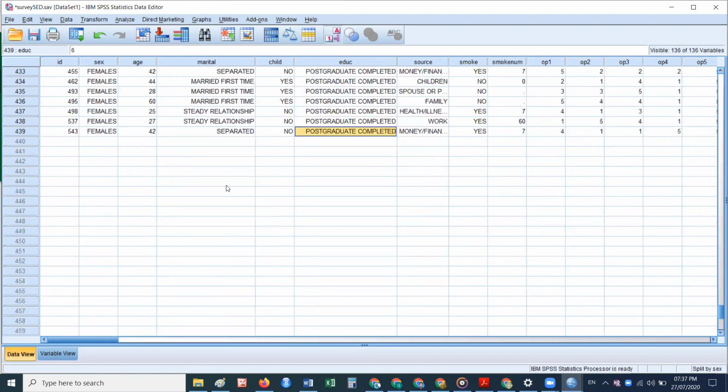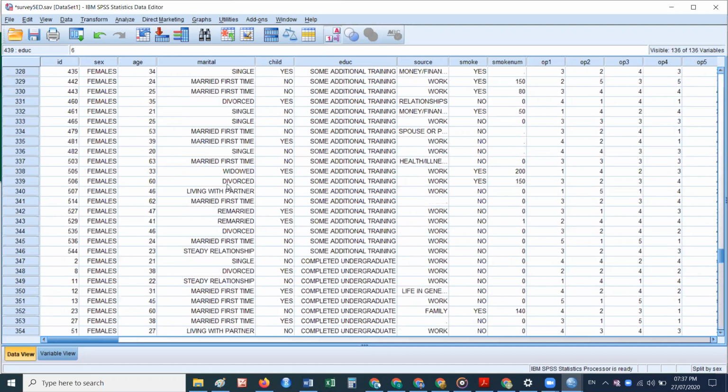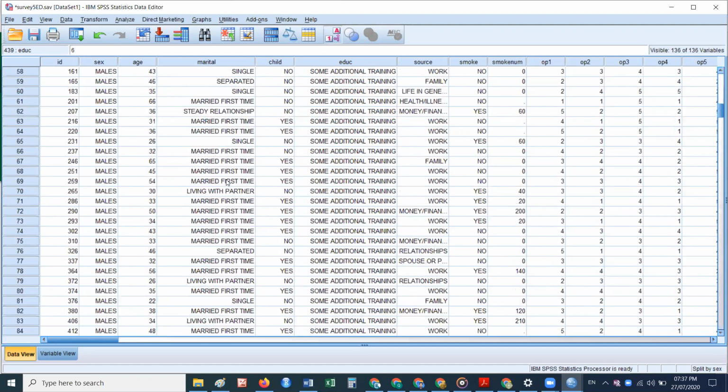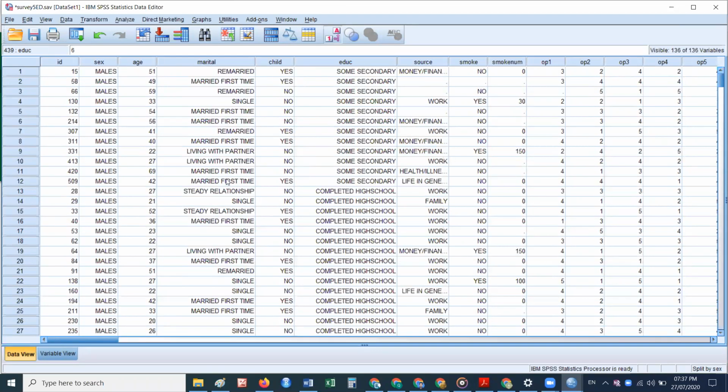That is splitting the data file with respect to gender. It is not a physical split, it is a bifurcation of the file with respect to gender. The males will be in one group and the females will be placed in another group.